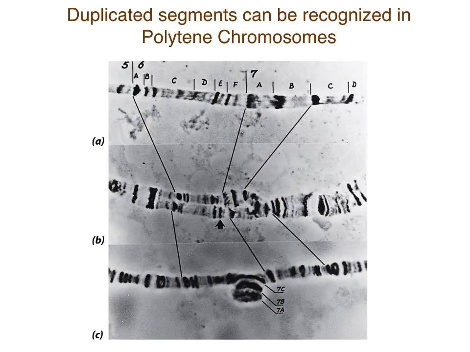If we look at those polytene chromosomes in Drosophila, we can get, like I was mentioning before, a really good sense of where this stuff is happening because we have such a high resolution map. If you were to look at a polytene chromosome here, under the microscope, and you see a big bulge right there, what do you think that would be? That'd be a duplication or a deletion.